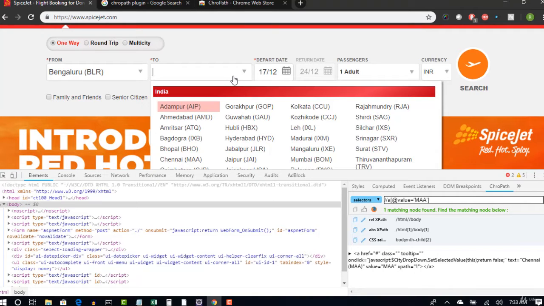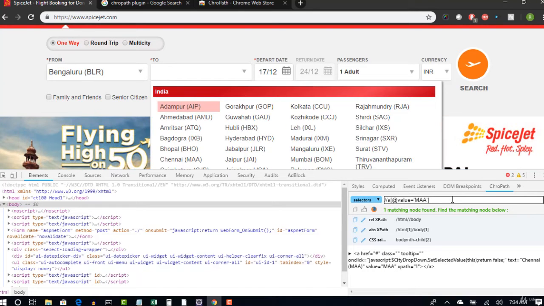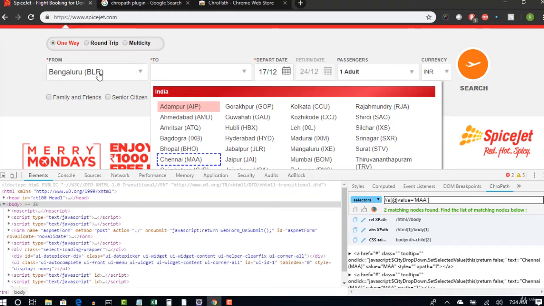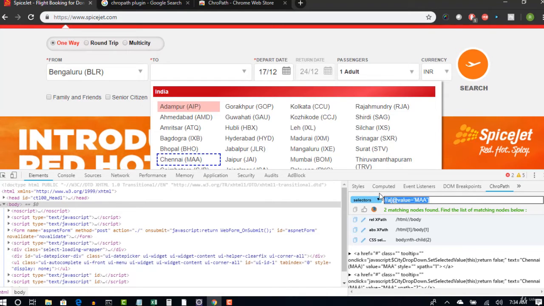And now again when you open this to drop down, all these options are also loaded along with the from option, and now when you hit enter, two matching nodes are found. You see that Chennai. So that means one belongs to the from option, one belongs to the to option. So totally there are two matching nodes found.